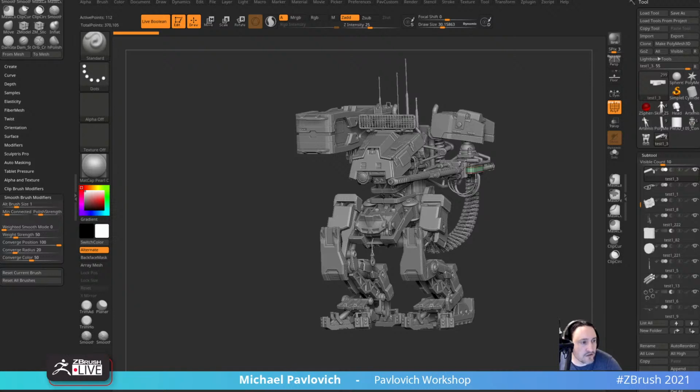What's the difference between collapsing an edge and deleting an edge? Deleting an edge you'll only be able to do on a triangle, because you can't do n-gons in ZBrush. Collapsing is going to take the 2 points of the edge and collapse them to one side or the other. I wish there was a middle collapse, but there's not. You could do an insert edge loop and collapse the middle, but